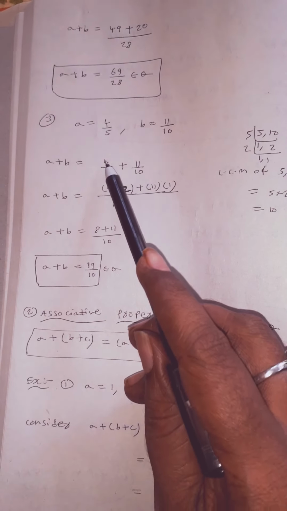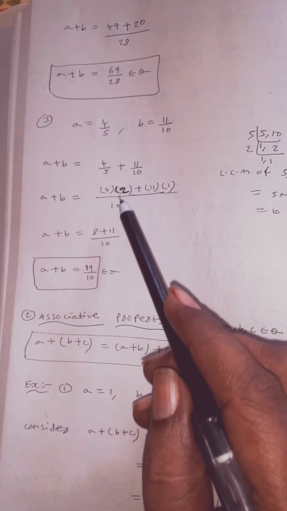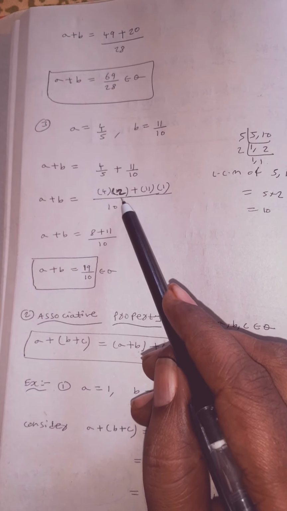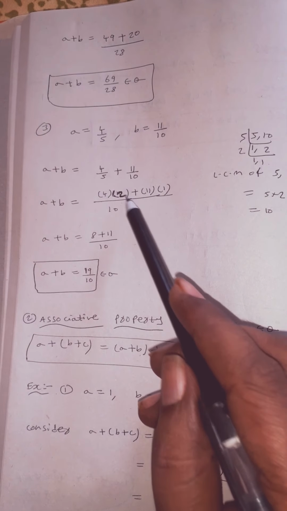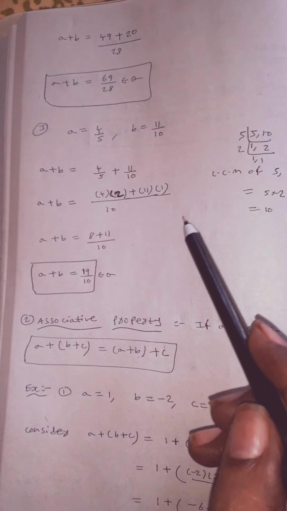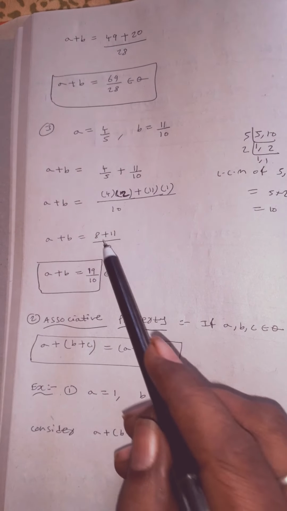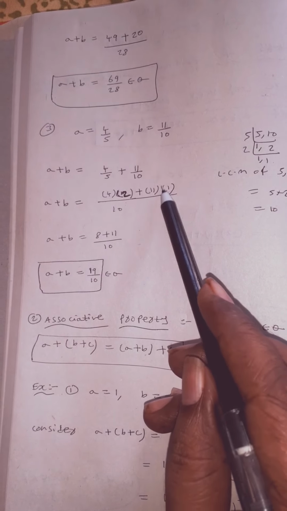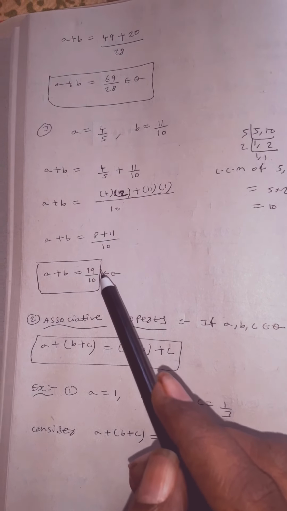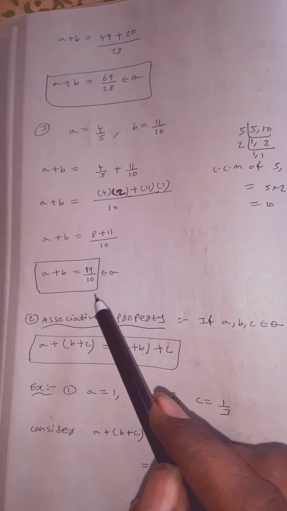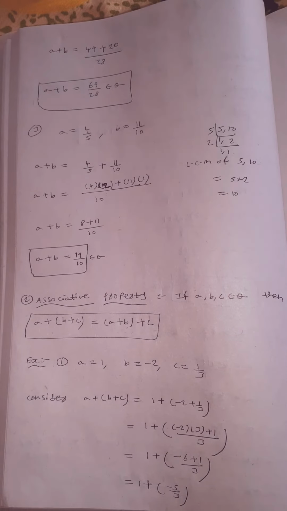So write 10 here. The LCM of 5 comma 10 is 10. So write here 4 as it is, children. Whatever number is there, write that. So in the 5 table, how many times does 10 go? 2 times. Plus write this 11 as it is, children. In the 10 table, how many times does 10 go, children? 1 time. That's why here I wrote 1 by 10. 4 2s how much? 8. 11 ones are 11 by 10. So 8 plus 11 how much, children? 19. 19 by 10 belongs to Q. So it is a rational number.